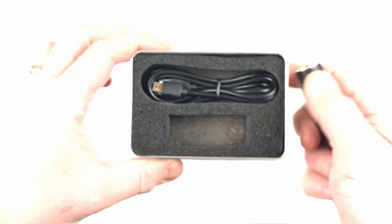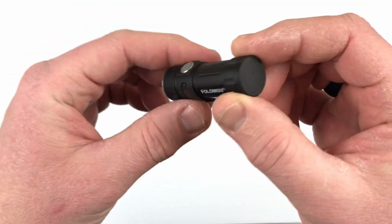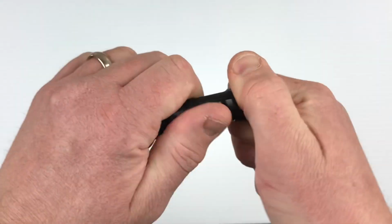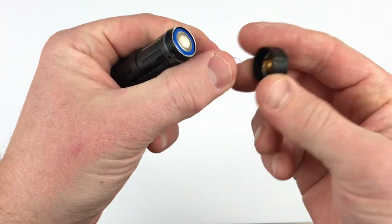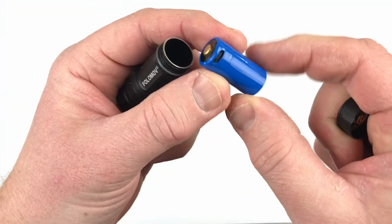So this is going to be about the size of an Olight S1 baton. So super compact. Let's see if it's got a battery that works already. May have a little plastic that's blocking it so that the connection won't happen. Yep, so I'll take that out. What do we have here? Oh, that's cool. Looks like a rechargeable